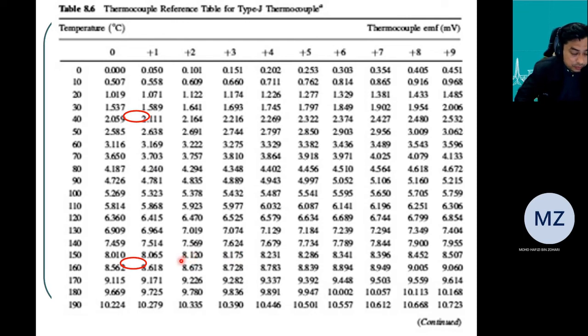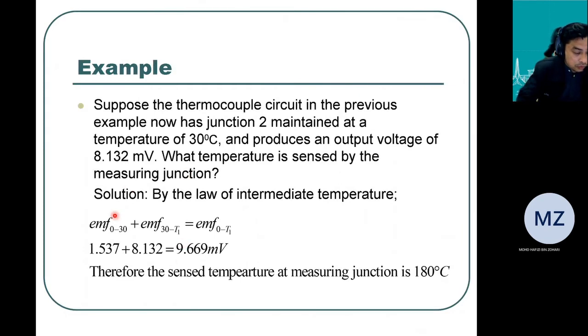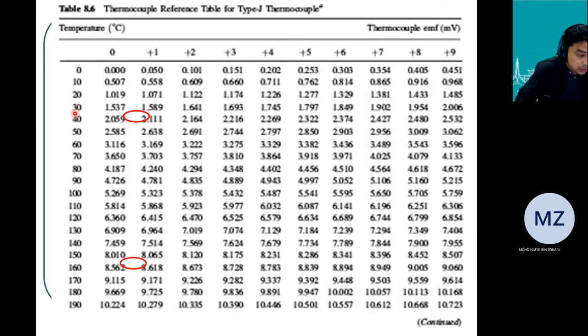So now, because of that, we need to add from 0 to 30. So from 0 to 30, what is the EMF here? 30 is the temperature we know. So 0 to 30 is here, and it's 1.537. Okay. If the thermistor is showing not 30, let's say 25 degrees,